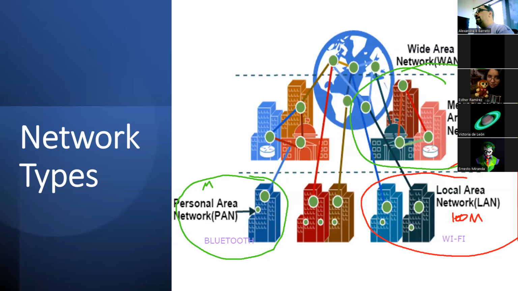Another one is to use a fiber ring. Fiber ring is another technology that you used in the past a lot to connect a very high-speed backbone, to integrate different local area networks. Any questions? Again, the metropolitan area network is a network that connects different local area networks inside the city.